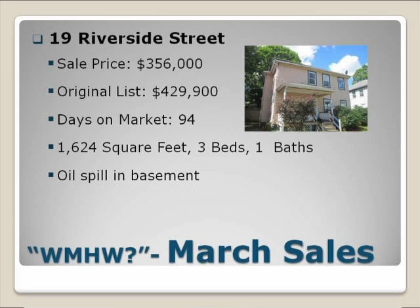It's got some softball fields, got a lot of room to run around. This is a house that's sold for $356,000. So anytime you're talking about the threes, that's definitely low. But it is on a small lot, 3,500 square feet. That's as small as we've seen. Right. So the house is actually almost half of the lot size, the house being 1,624. So that's a small lot, but you're getting into Needham near a nice little park